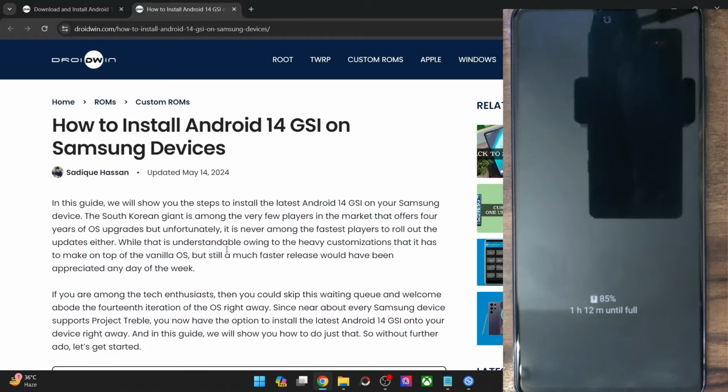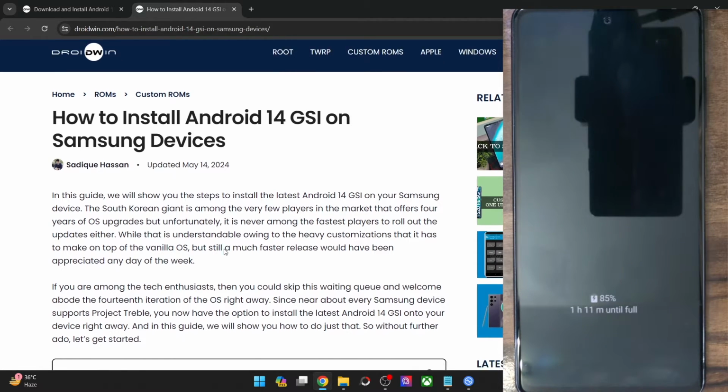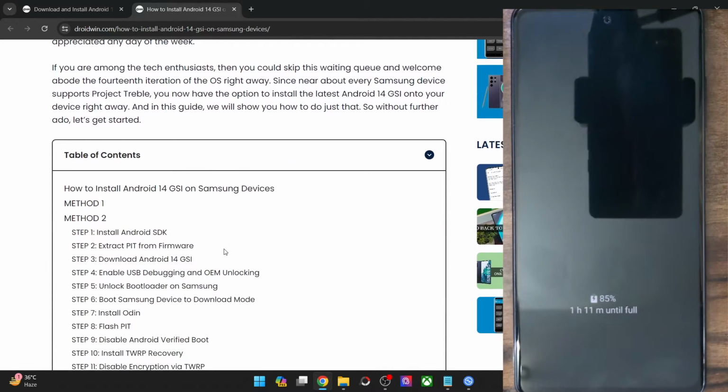But when it comes to Samsung phones, this is not the case and the steps are somewhat different. Each Samsung phone tends to follow a somewhat different approach, but in this guide I'll show you a universal guide which will help you install all the variants of GSI ROM across all the Android versions on any Samsung phone. So please take a backup of all the data on your phone and then let's get started.